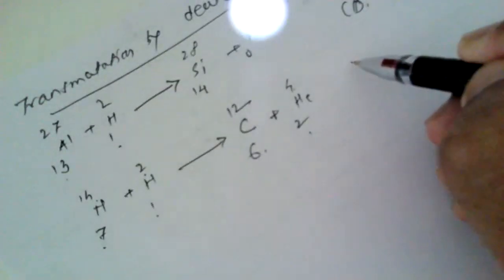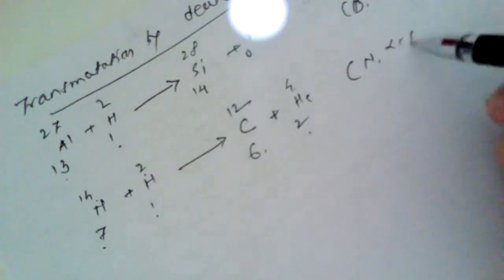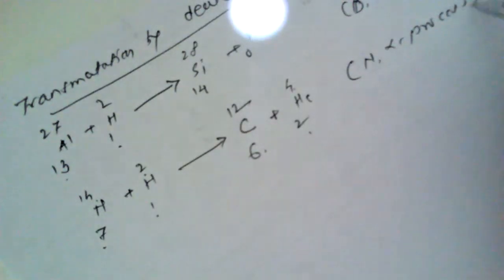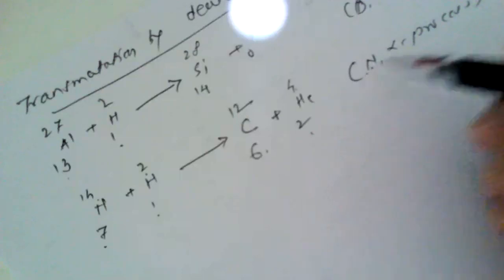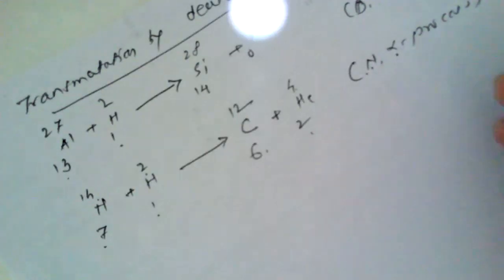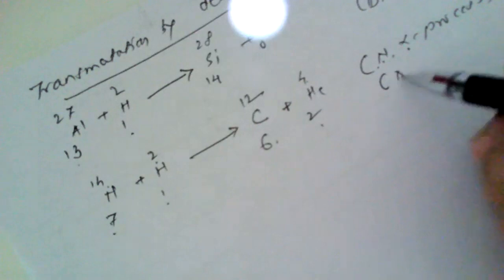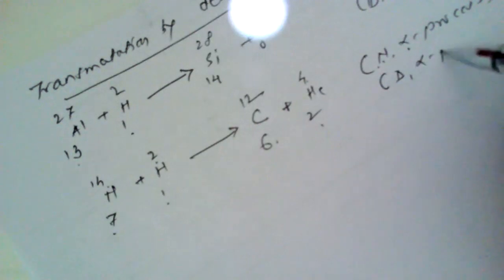How can we write this? We can write N(d, α). Nitrogen is the target nucleus, alpha particles are the ejectiles, or the same reaction can be written as (d, α), where d stands for deuterons, 1H2.